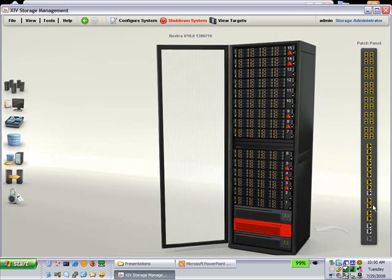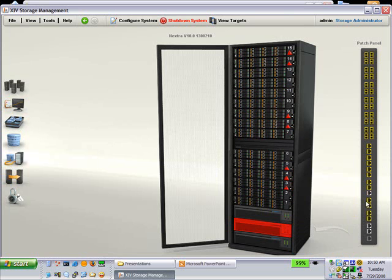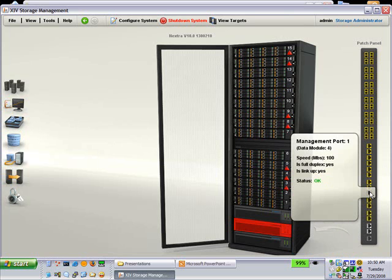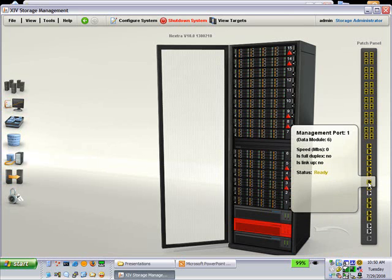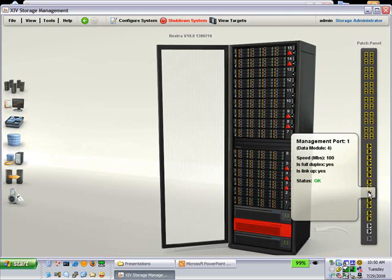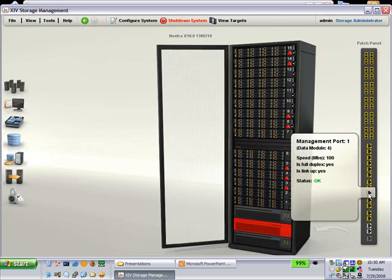If you keep going up the list, you'll finally come to the 3 ports: management port 1, management port 1, and management port 1. But basically they're data modules 4, 5, and 6. If you click on one of these ports,